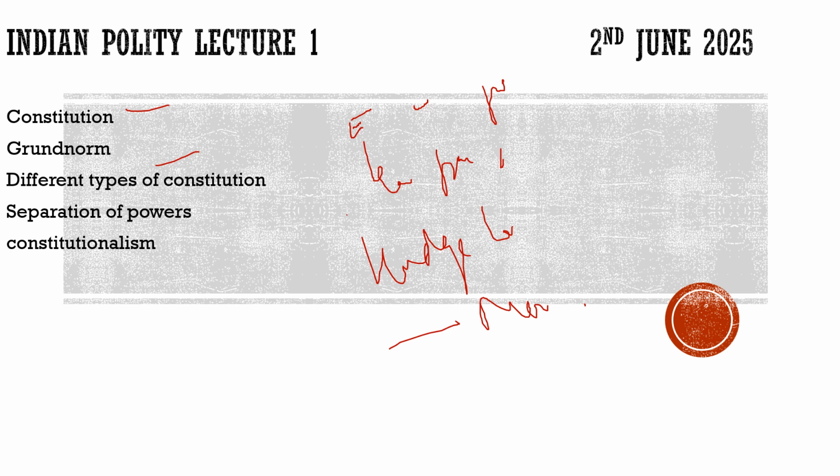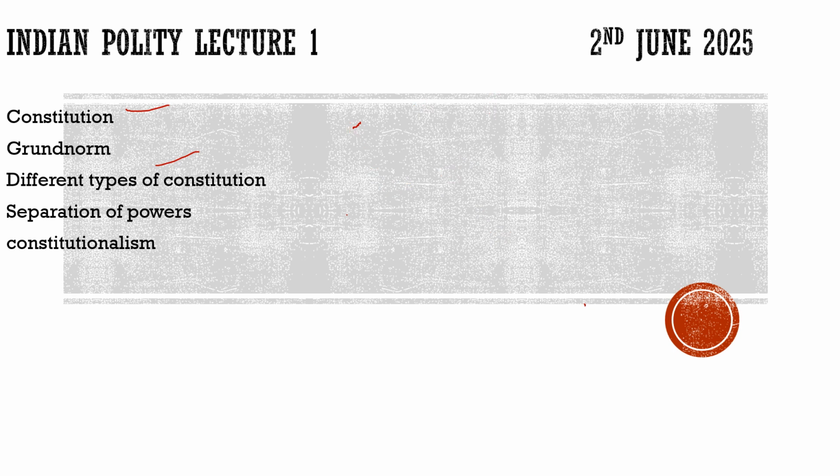Now, the framers of the constitution were definitely very much aware of that. And they believed that, like in the US, there should also be a separation of powers. What is separation of powers? For example, we have the executive. He should be responsible to the legislature, and they should be responsible to the judiciary, and the judiciary should be responsible to the executive. This is how it works.